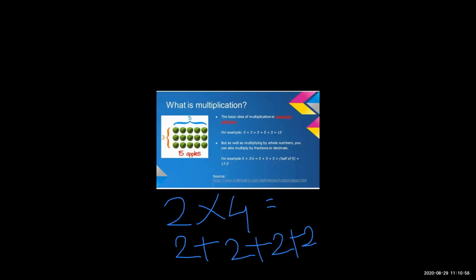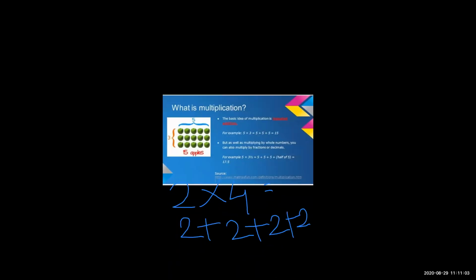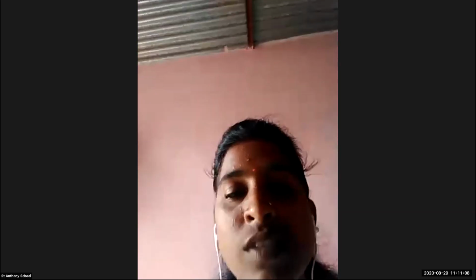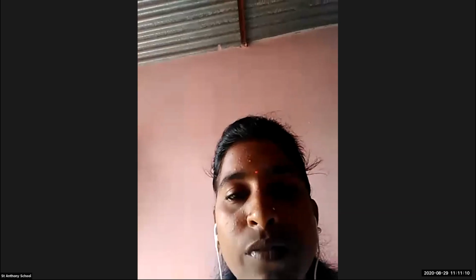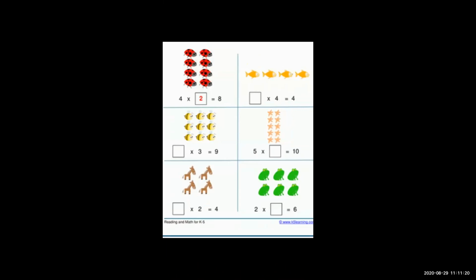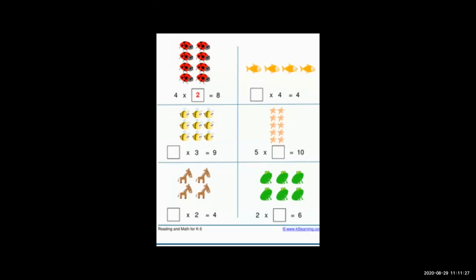Okay. Now students, I am going to explain with the help of other sums. Wait a second, I am going to share a slide with you. More sums are given to you with the help of objects, so you will understand better. Now I have given you one slide. See, the first one is already given to you, already solved: 4 into 2 is equal to 8.